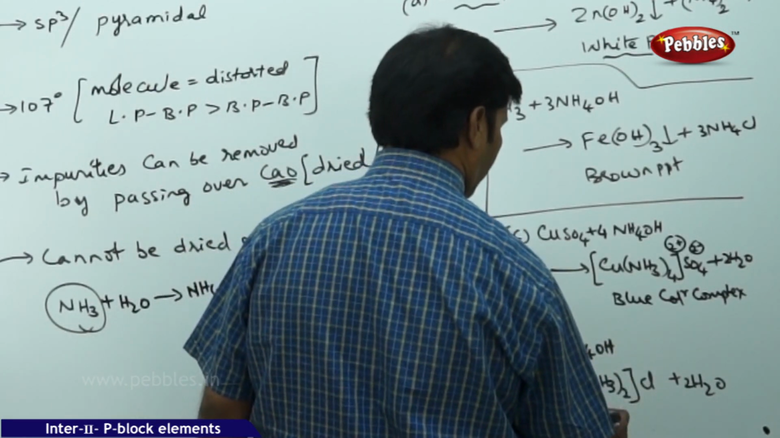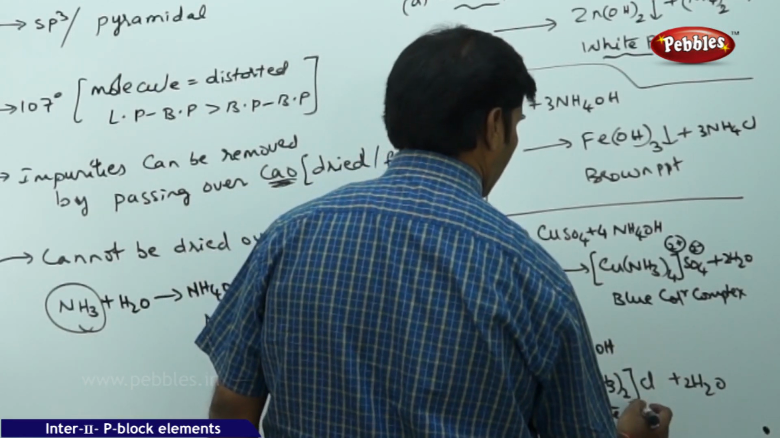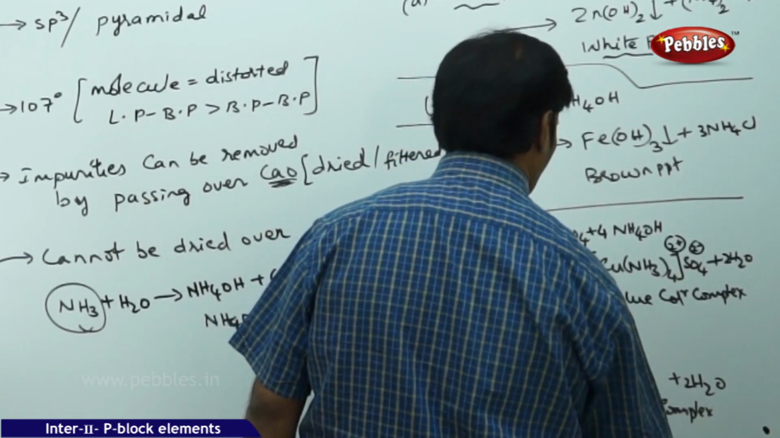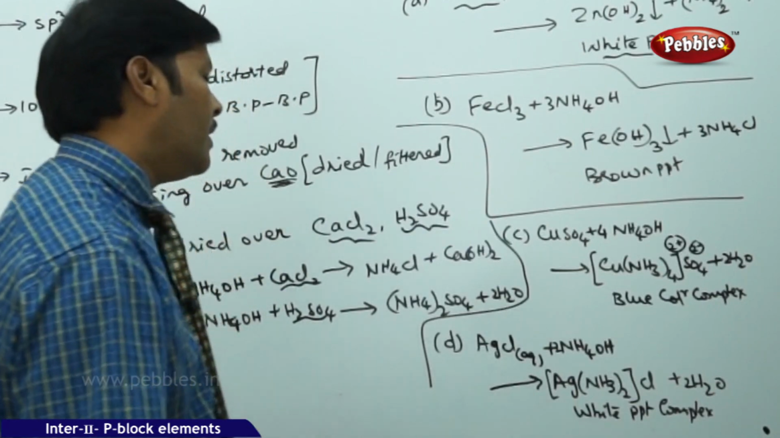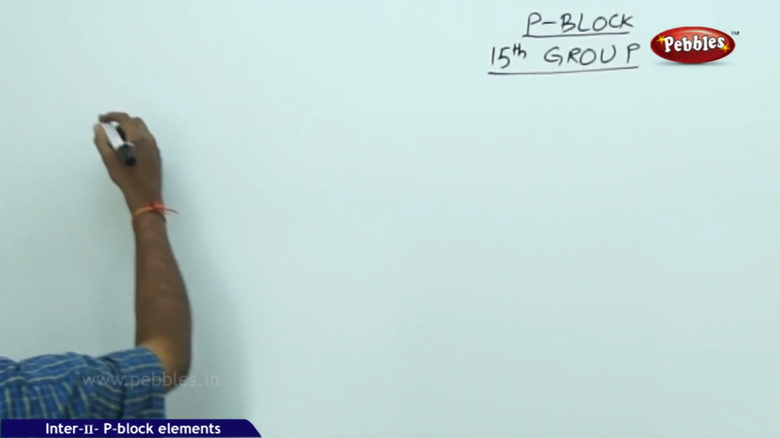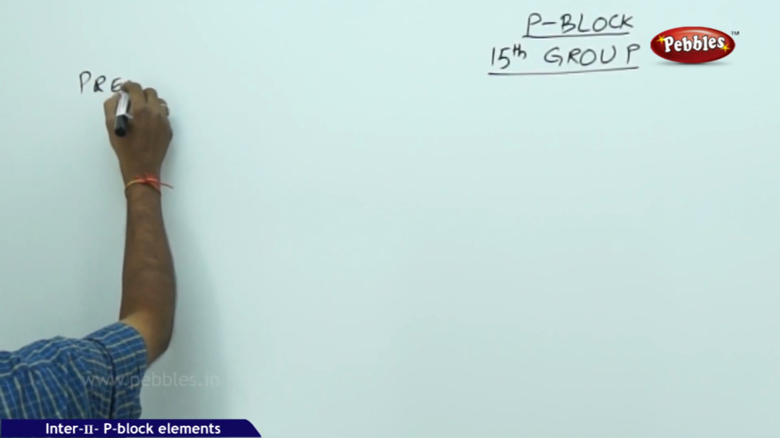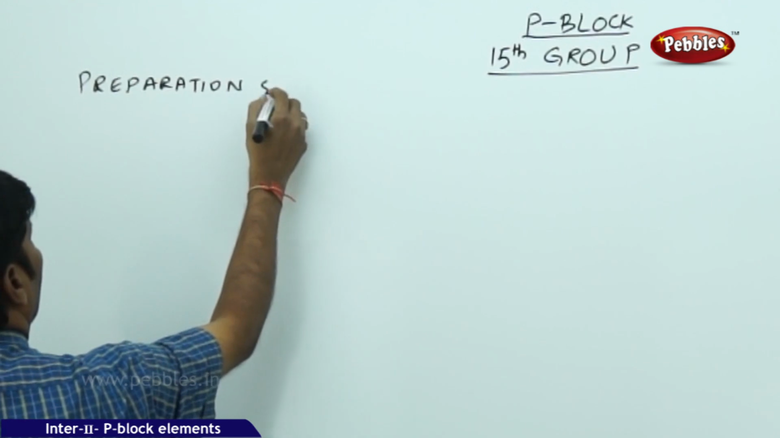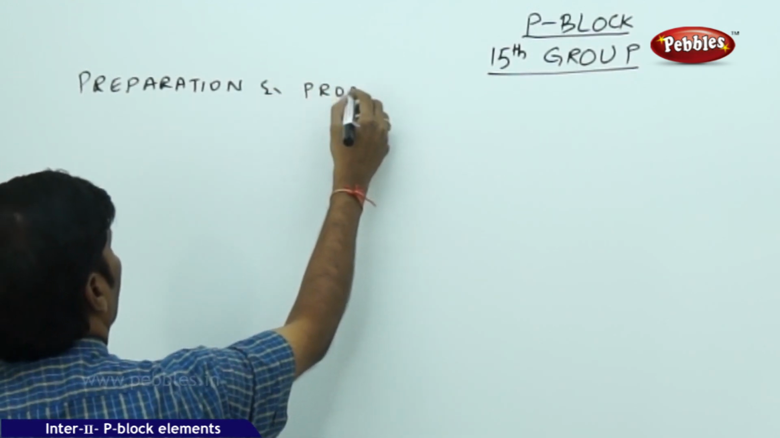It is a white precipitate. It forms a white precipitate complex. So these are the different types of tests where we can notice. The next part of the discussion is preparation and properties